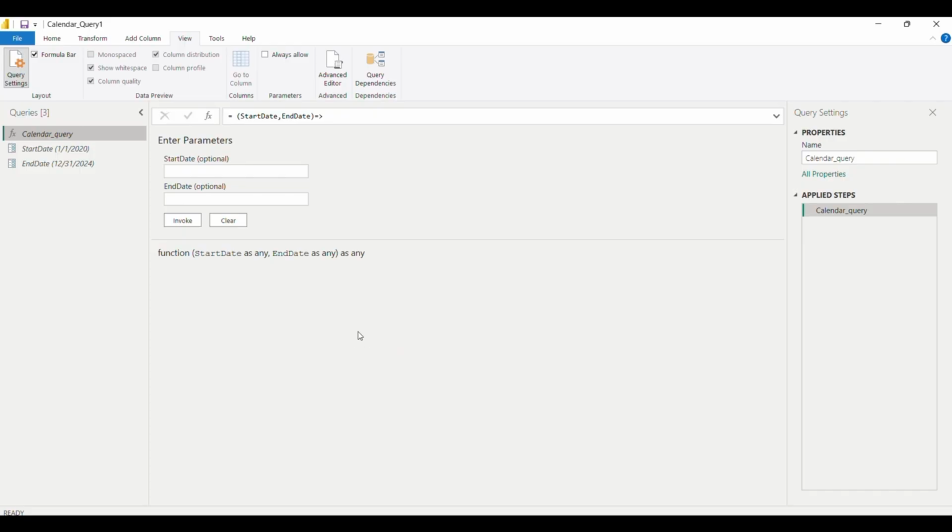And as you can see, we have already in our function the option of start date and end date. So for start date we can choose any date we want, but I will choose mine, which is January 1st 2020, and I'm looking for end of 2025, so I'll write December, last day of the month, 2025, and if I click invoke, I will get my calendar table.